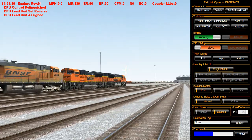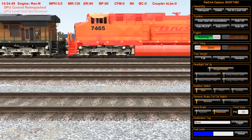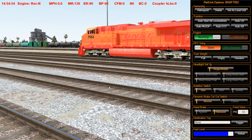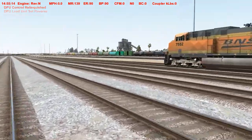Now most times you jump in, you're hopping in, you're going to take this as a road train, and it'll work just fine, you know, even with this being incorrect. But there are times that will happen where that makes a difference, and you come in and check it. So what I do myself, whenever I start my trains, I go through everything. And again, this one needs to be reversed because it is the reverse direction of the lead locomotive. Now that my isolation run, dynamics are normal, I got air pressure,